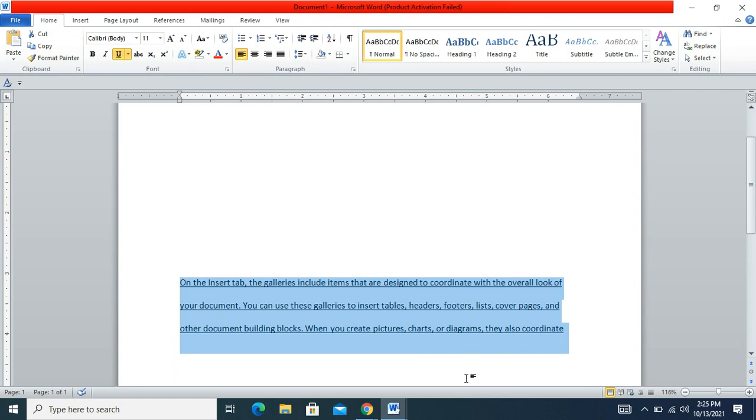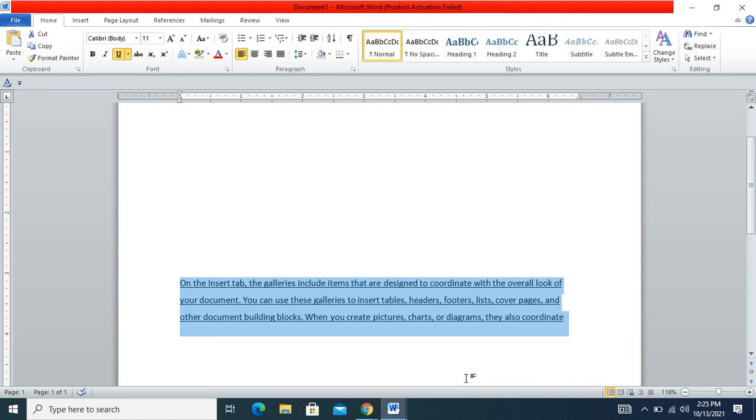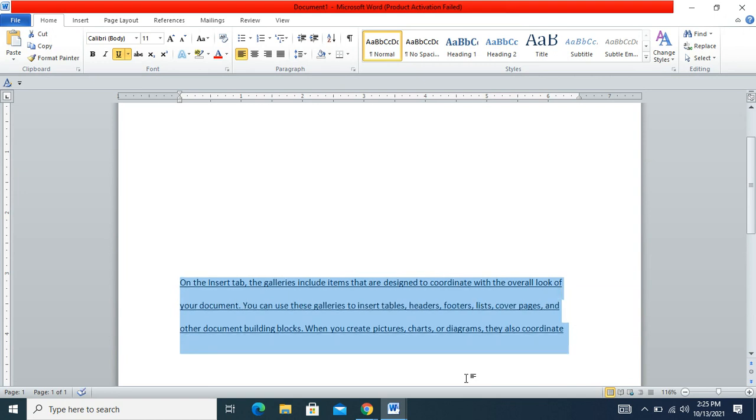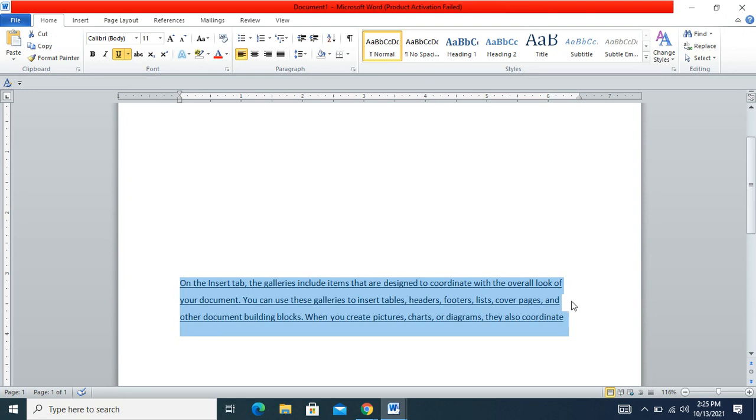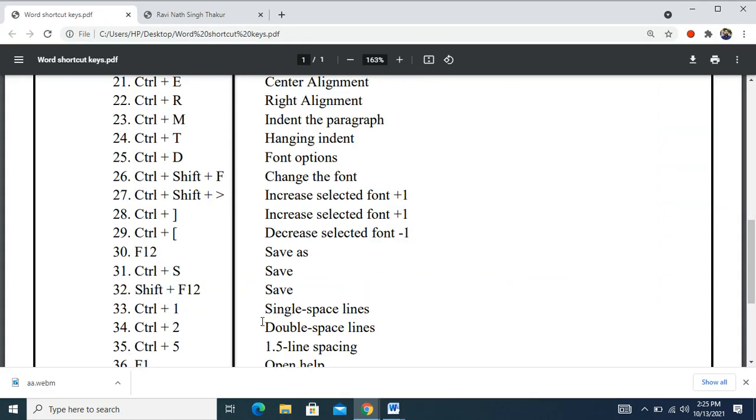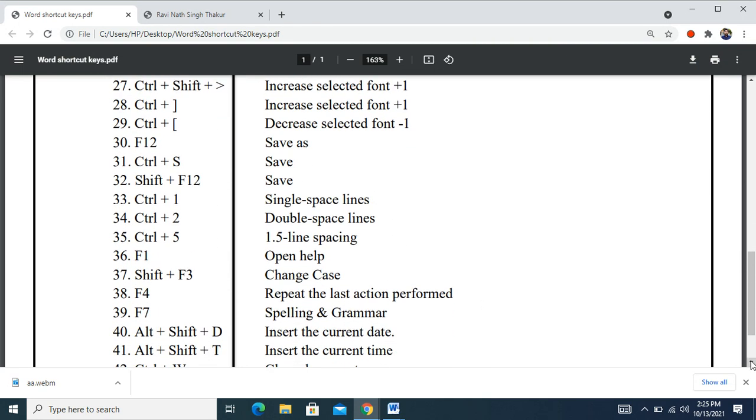Control plus 5 is used for 1.5 line spacing between two lines. So Control 1 is for single line spacing, Control plus 2 for double line spacing, and Control plus 5 for 1.5 line spacing. F1 is just the common option for help.